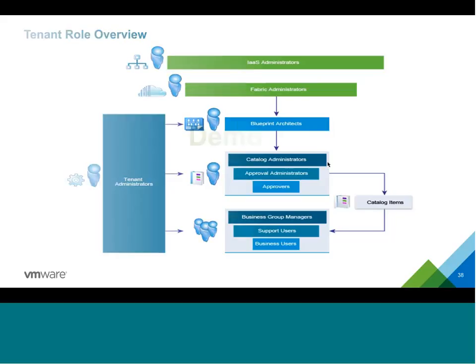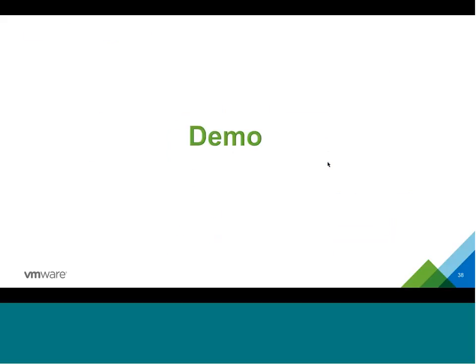So that was the theory portion, the slide portion, the backend of what vRA is and what different components it comprises of, and the different roles and responsibilities that you have in vRA. Just to summarize, once you deploy a vRA environment, the first thing you need to do is log into the vRA console as system admin. You can create multiple tenants there. You can configure system-wide branding. You can configure